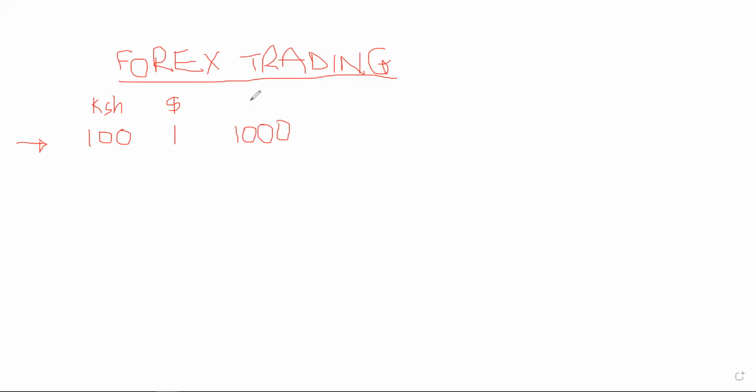and you're going to be gone, let's say to the States for maybe 6 months. So to get $1,000 at this point in Kenyan shillings, the $1,000 will be equal to 100,000 Kenyan shillings because of this exchange rate we've just talked about right here. So if you go to the States and 6 months later, you come back,